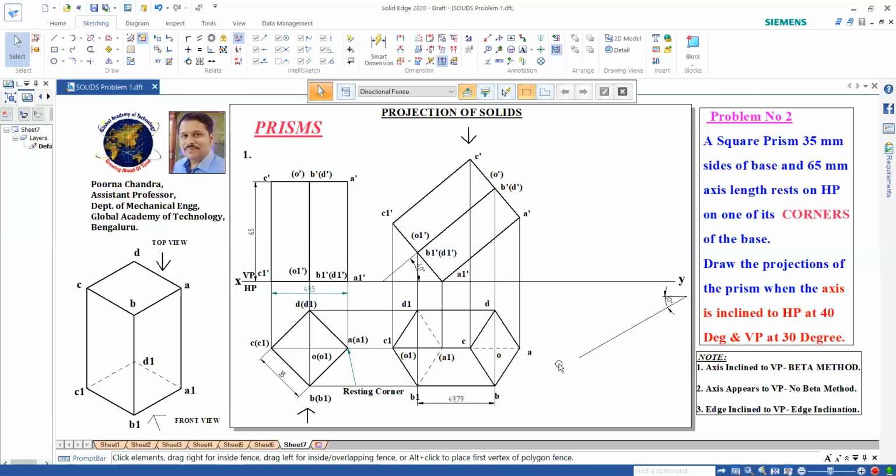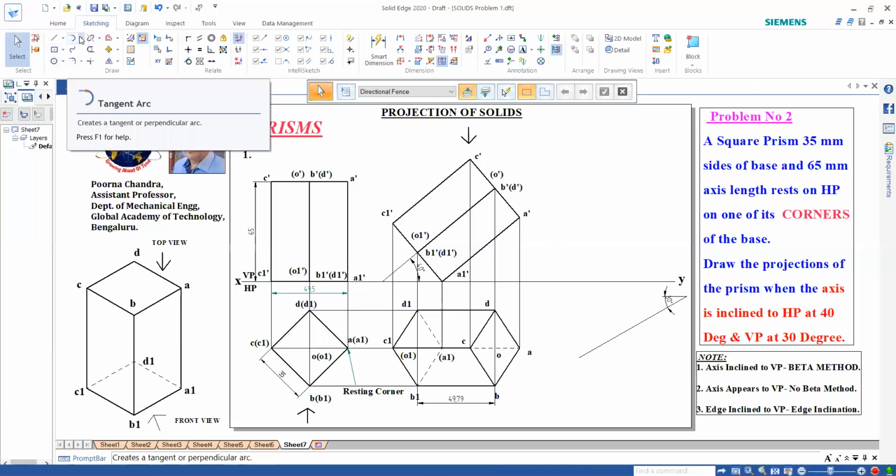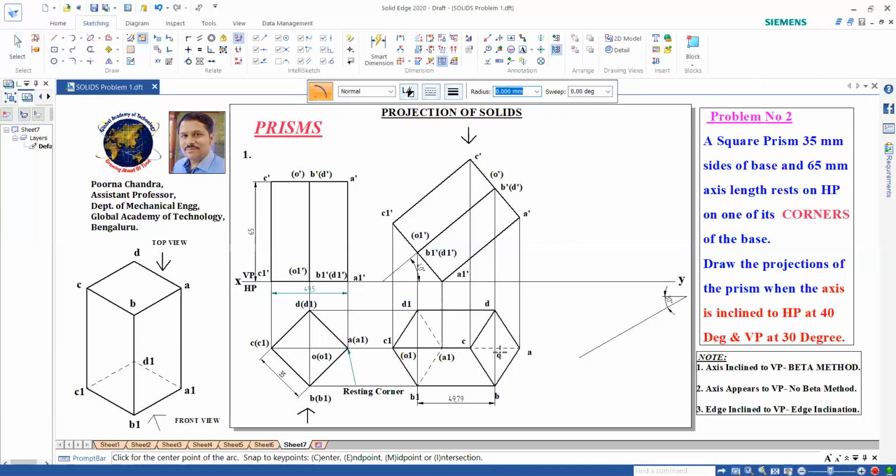Now I need to cut a radius of 49.79. So we shall go with the arc by center point, assuming that O will sit somewhere here. I will click here. Now the radius is 49.79, enter, and I will draw one arc like this.